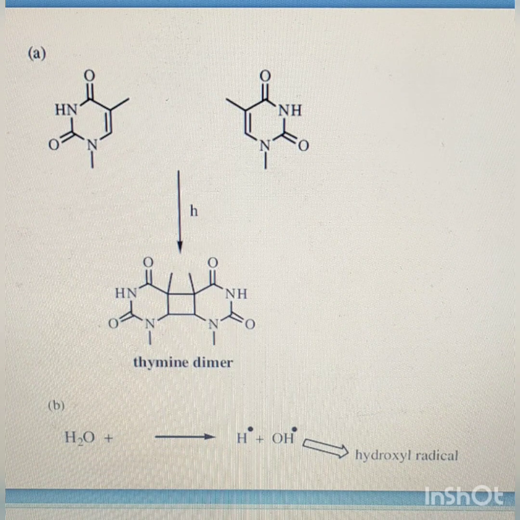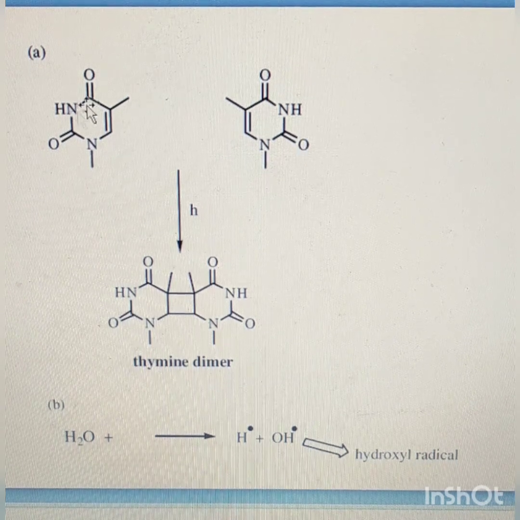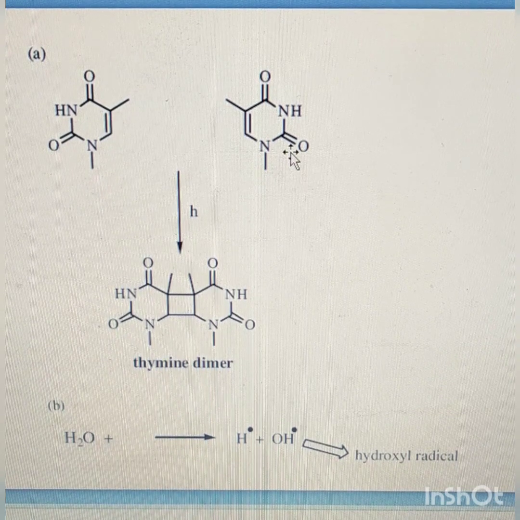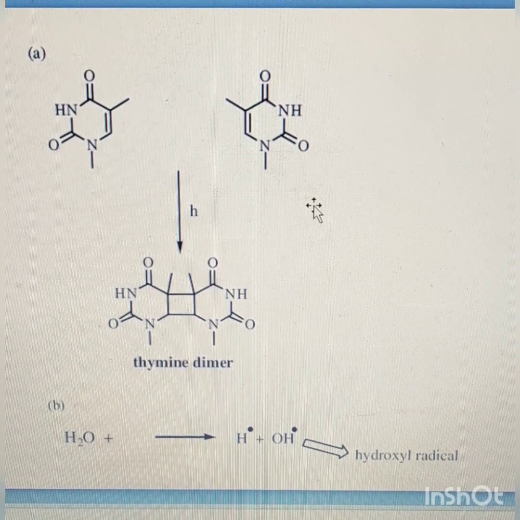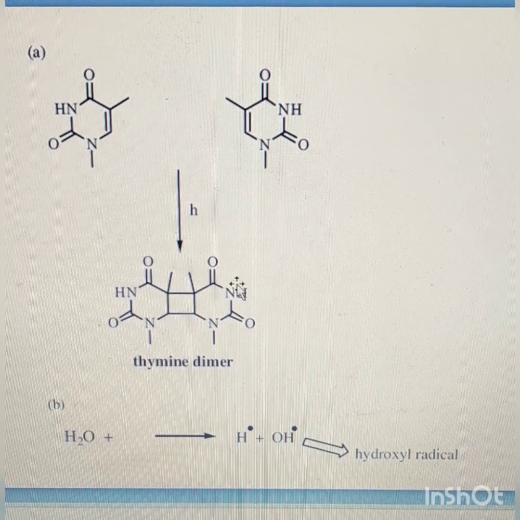The thymine dimer is a molecular lesion formed from thymine bases in DNA via a photochemical reaction. That is, UV light induces the formation of a covalent linkage between consecutive bases along the nucleotide chain in the vicinity of their C=C double bond. That is, there are two thymine. We have already seen in the previous slide the structure of thymine, and when they form a dimer, this is called thymine dimer.